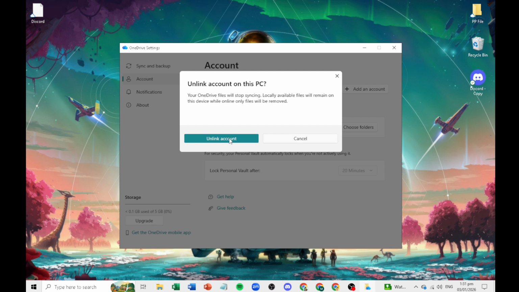Unlinking simply breaks the sync connection on this PC, which is perfect if you're troubleshooting, switching accounts, or just don't want background syncing anymore. If you ever change your mind, you can open OneDrive later and sign back in to reconnect. If you want to go a step further and remove the app entirely, you can now uninstall OneDrive from